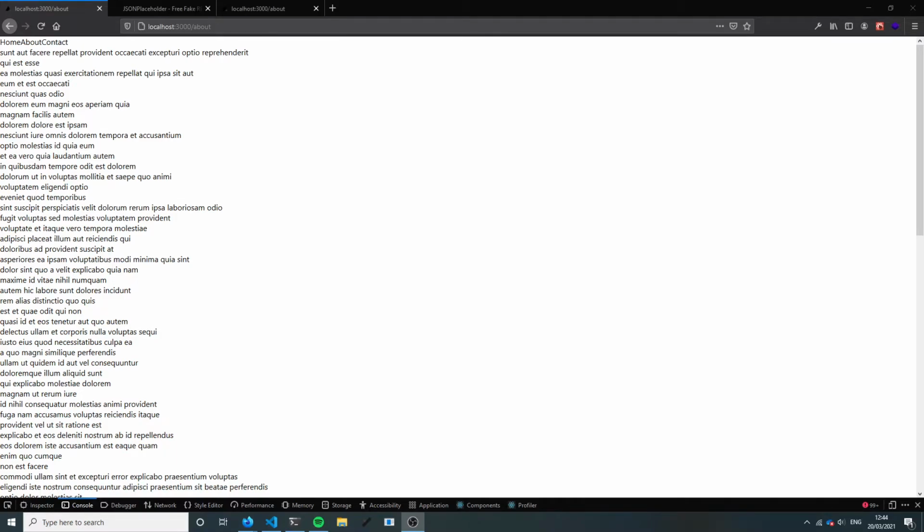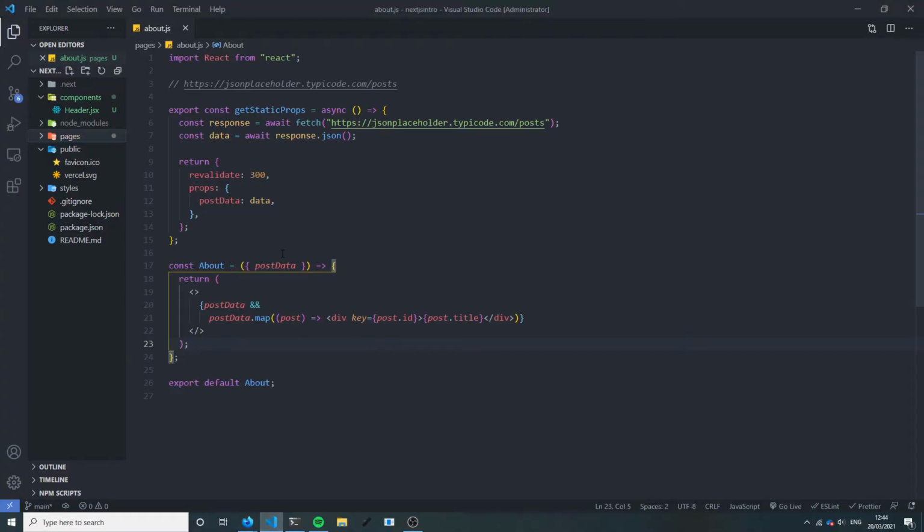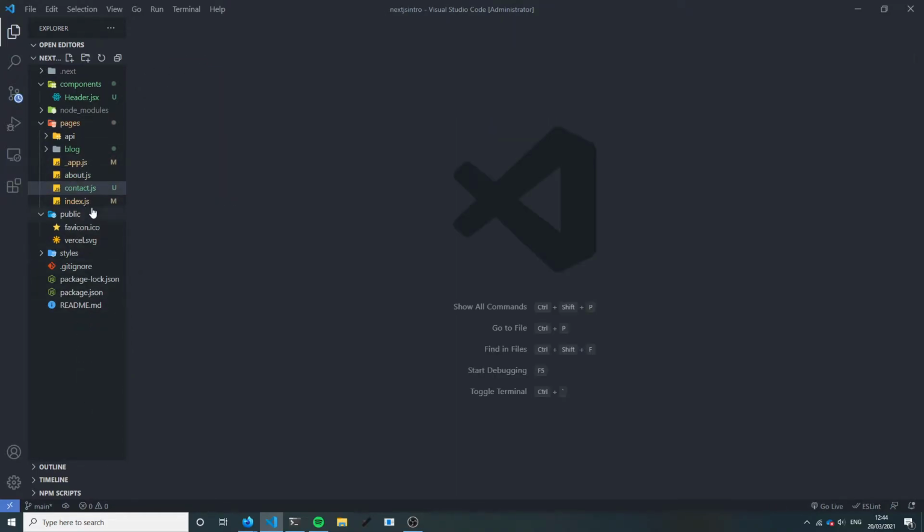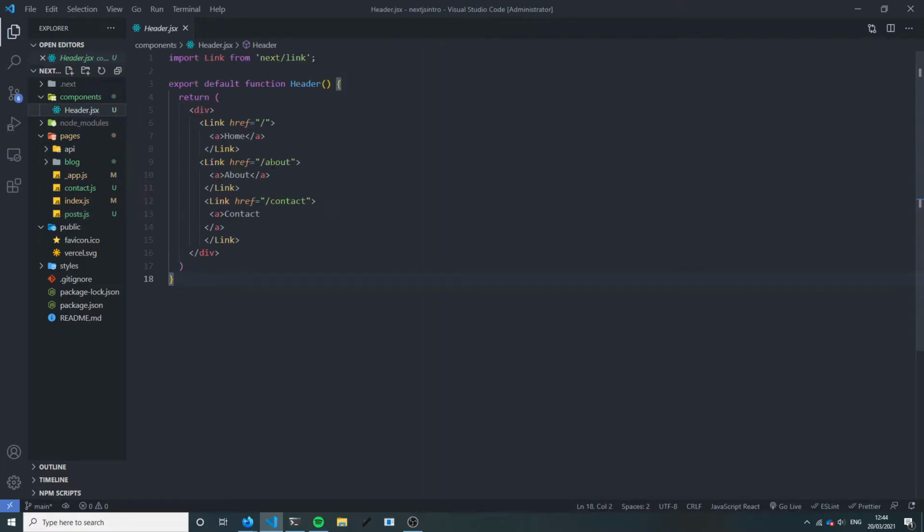So we're now going to continue on with data fetching a little bit, but we're going to talk about dynamic routing. So let's make this a bit more sensible for our project. We're going to take our about page. I'm going to rename it, and I just deleted it. Let's undo that. I'm going to rename that and call it posts. On our header, let's rename it posts and call it posts,